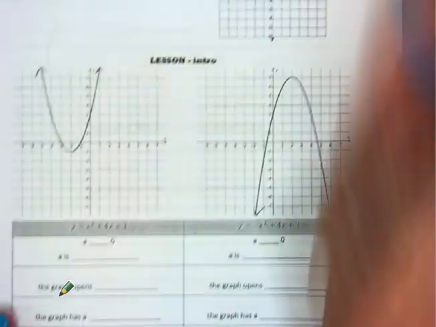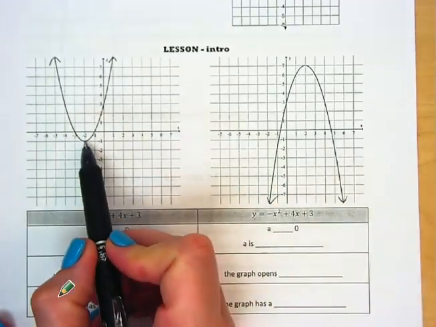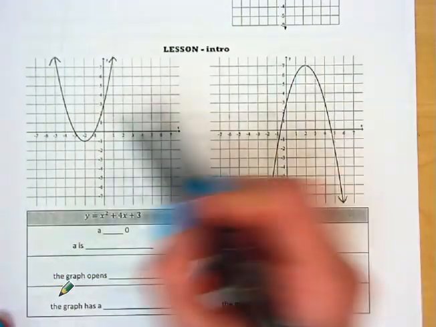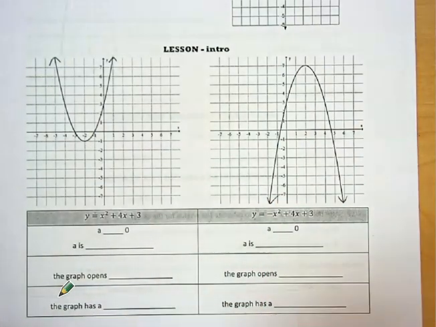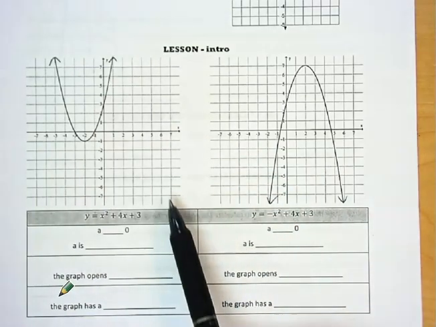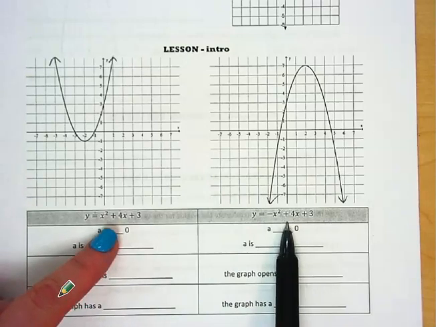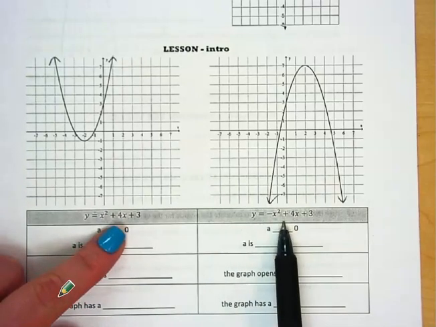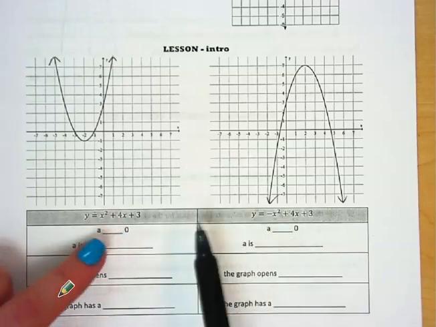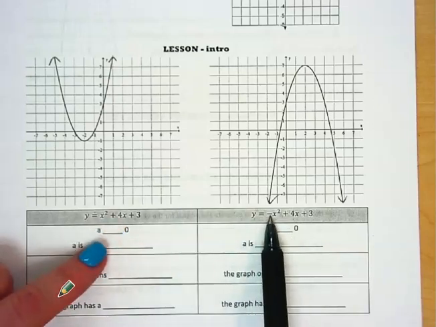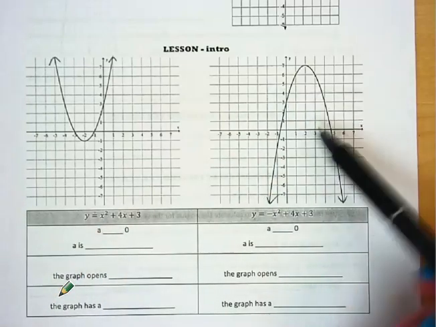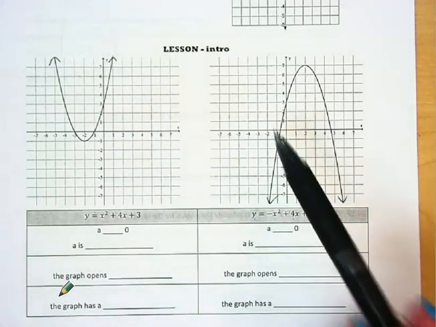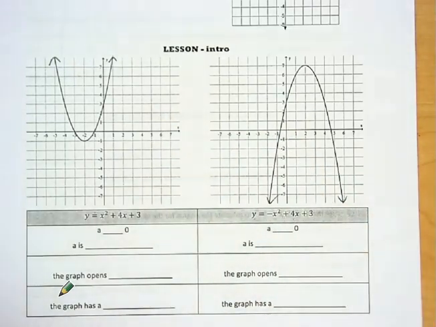We are talking today about how to find this point on a parabola, the vertex. So far, we've only done the x and y intercepts, and today we're going to add this one in. I want you to notice that for these two graphs, the only difference between these two equations is that this one has a negative a value and this one has a positive a value. And you can see how just that change alone really made a difference in the shape and behavior of the